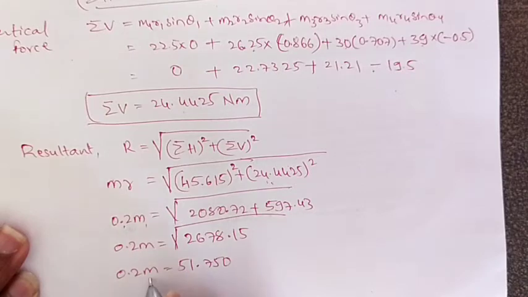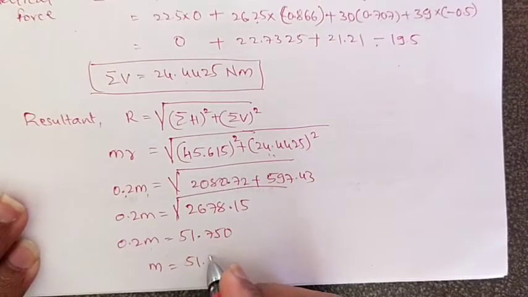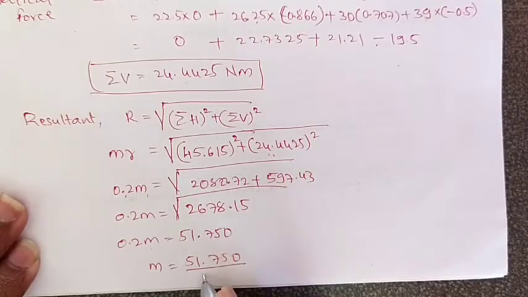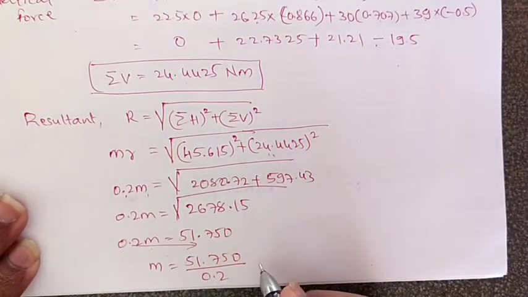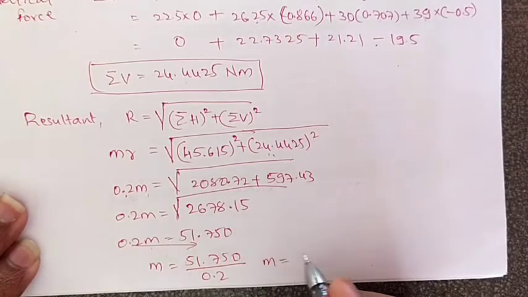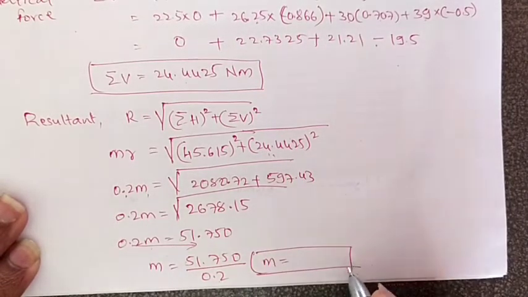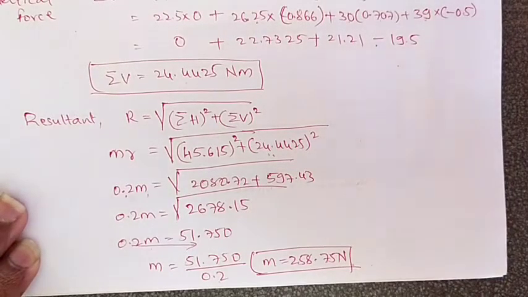Okay, now you want mass, so m is equal to 51.750 divided by 0.2. When you find this value, you will get 258.75 Newton. So this is the balanced mass which is required to balance all these four masses which are revolving,